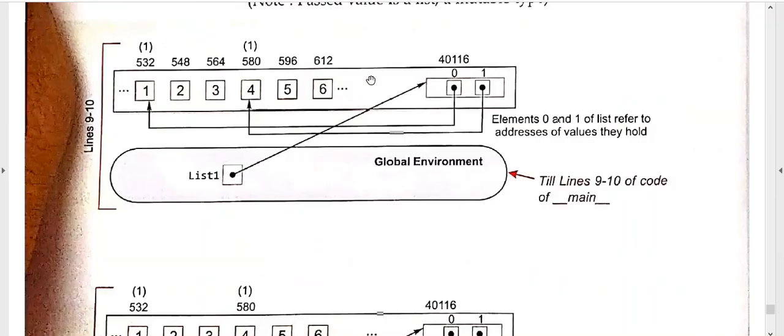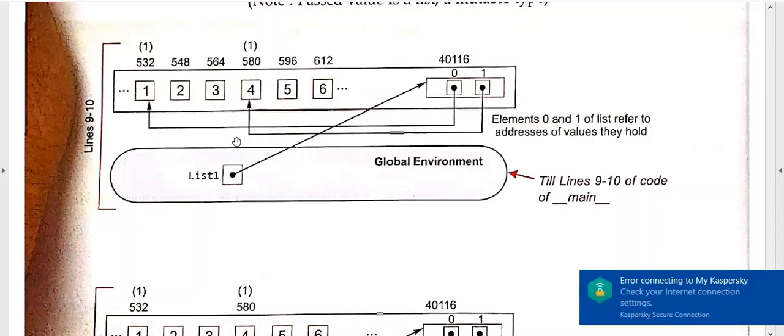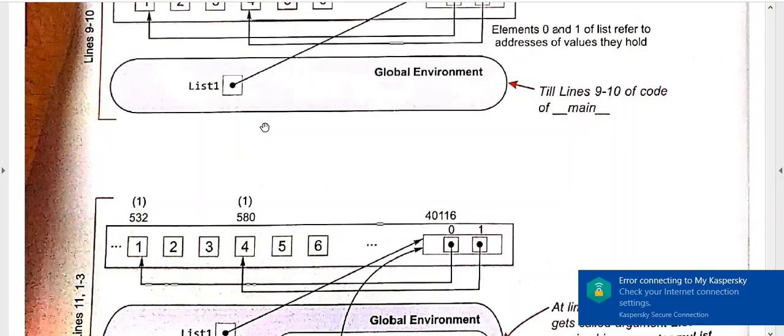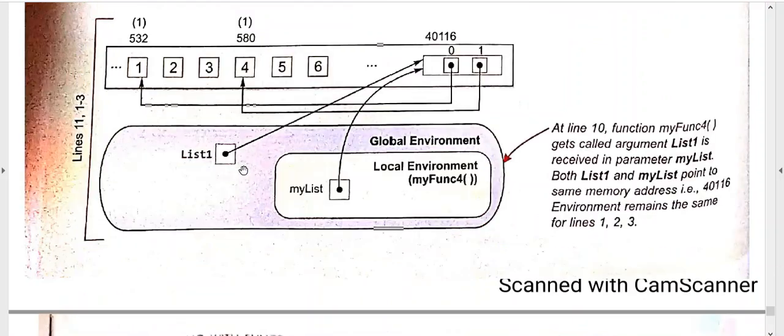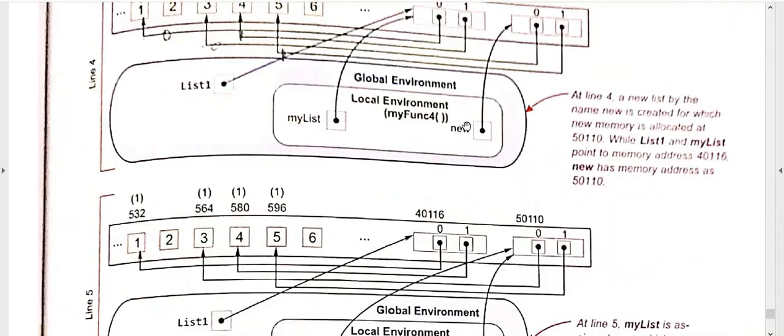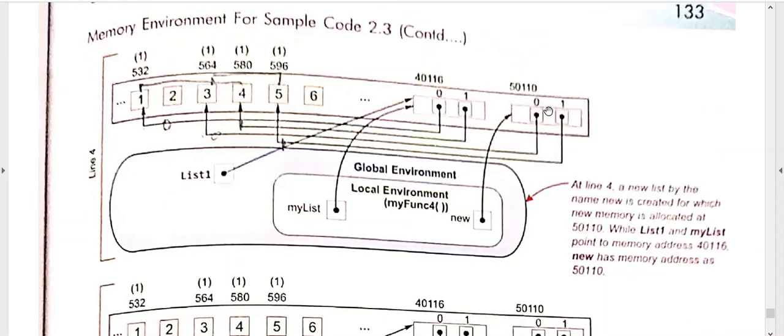Okay, now let us see how it has happened in the form of a diagram. Initially the list was pointing to 1 and 4, 0 is pointing to 1 and this is pointing to 4. Now the function call has come, where we have passed 1 and 4. But now we have created another new list. When the new variable list is created, a new list will be generated here. Now this will be pointing to 3 and 5. See, this is pointing to 1 and 4, and this is pointing to 3 and 5.